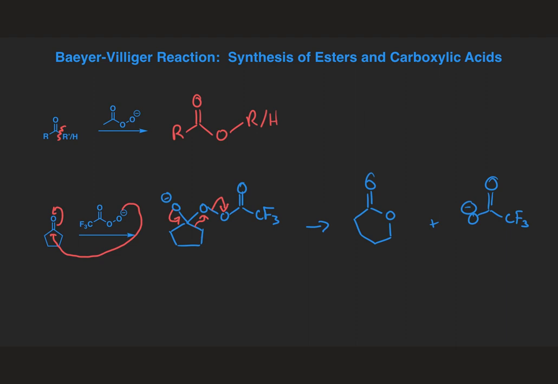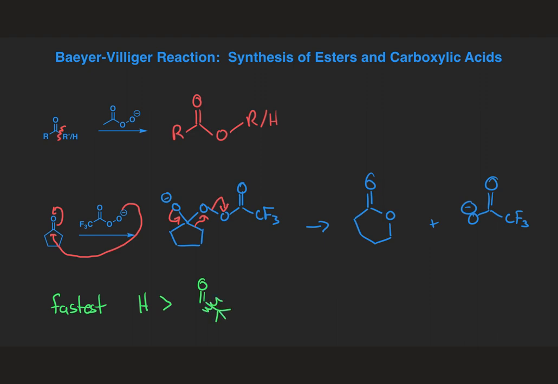In this case, it didn't matter which side of the molecule I chose to migrate to form the carbon-oxygen bond, because both sides were the same. But if both sides are different, then you have to make a decision on what migrates. And so hydrogen is the fastest or the most likely to migrate. Slightly slower than that are tertiary alkyl groups. So that would look something like this,